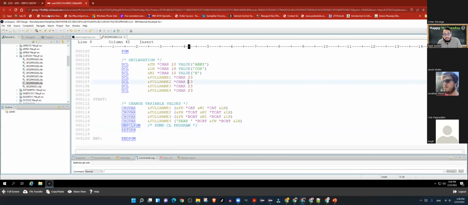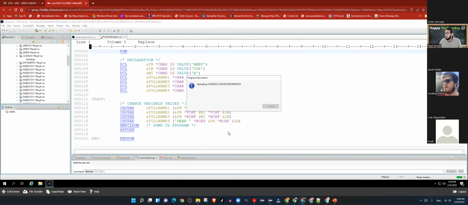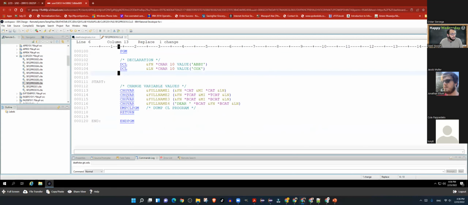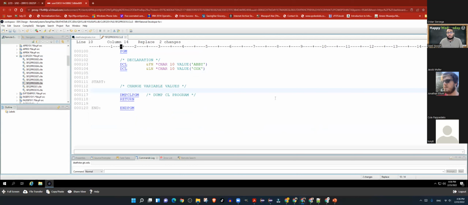And this time we will be saving this example as number 10. In number 10, I will leave only a couple of declarations and delete the rest. And over here as well, I will just leave the last 3 lines and delete the rest. So I'm making some changes in my declaration. You can follow those. In this example, I want to write a program where I use loops. Okay. So I would like to use